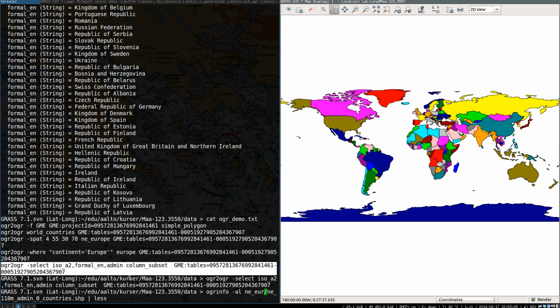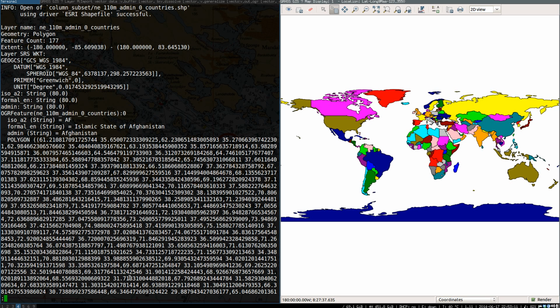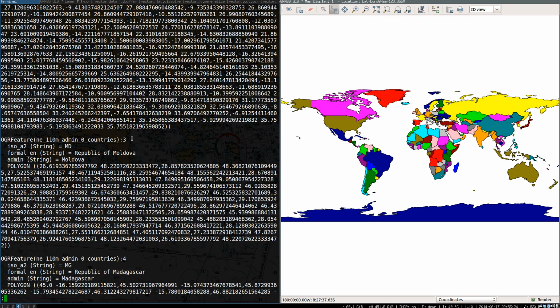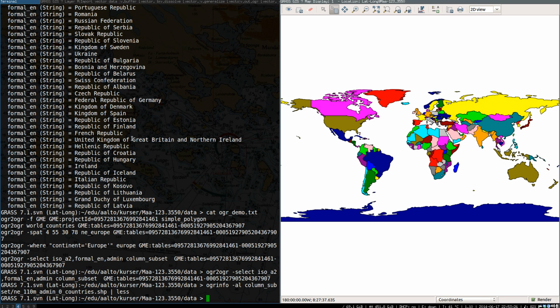We called it column subset. So here we have, as you can see, only ISO A2, formal EN, admin, and then the data. All right,